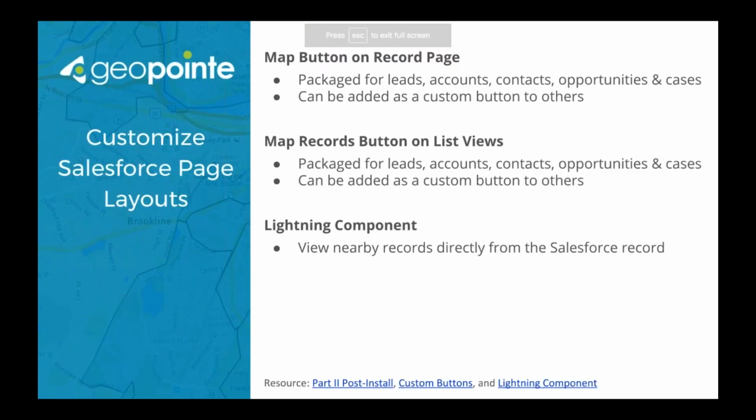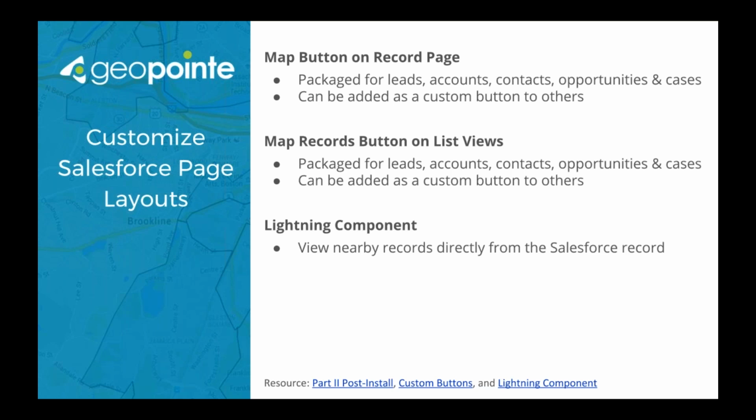Now I want to demo how to actually make this stuff easy for your users to find. Sure, they can go to the map tab and work from the map tab, but there are other ways that they can also access this information. So we have a few different options that we're going to go through today. One is a map button that can be put on record layouts. What this allows you to do is click on the button, and it will take you out to the map centered on that particular location, rather than whatever your default map view is, which could be really helpful if you need to do a search around a particular